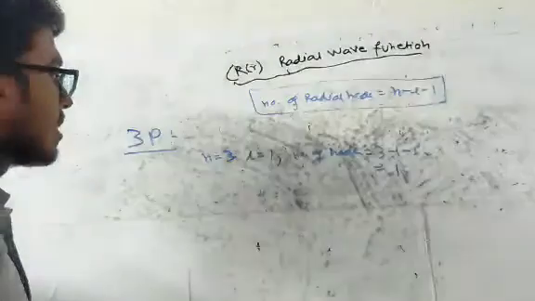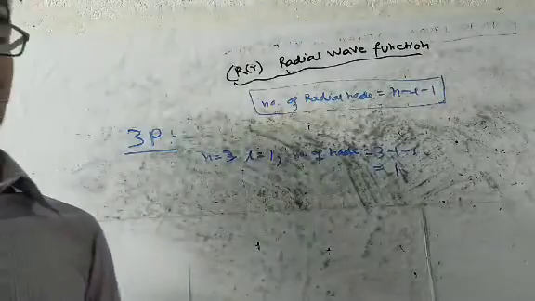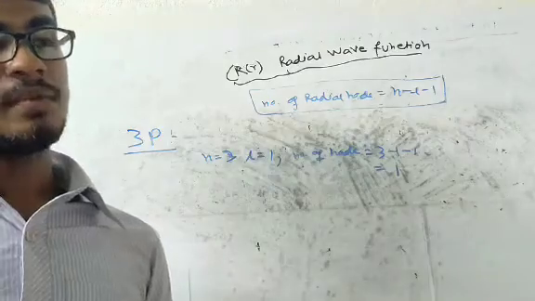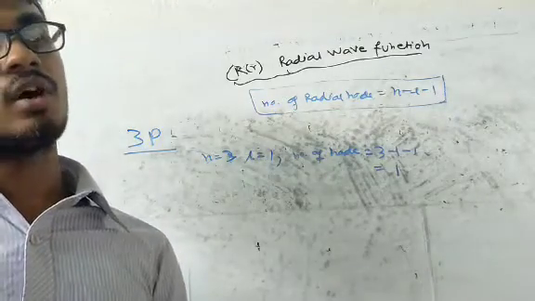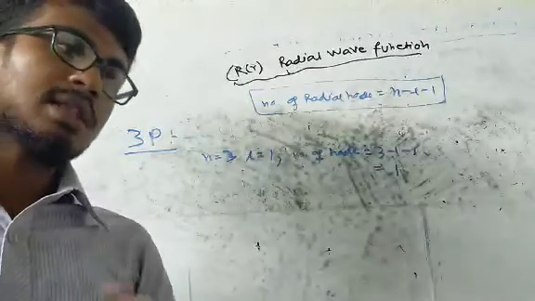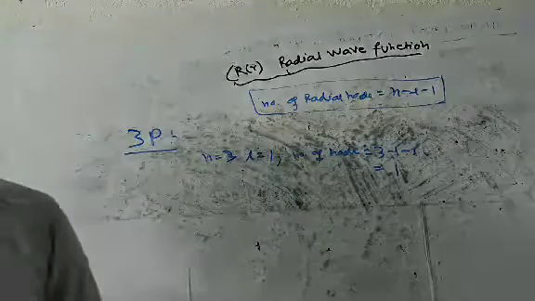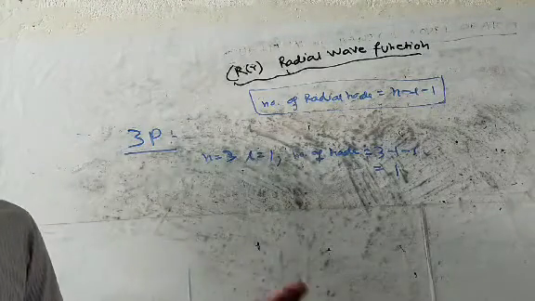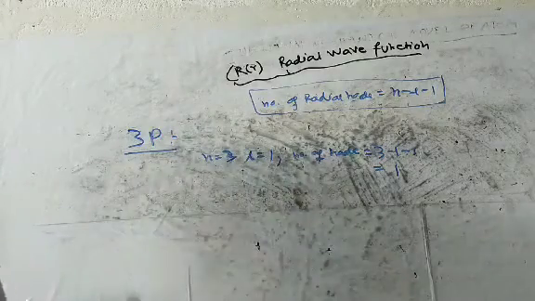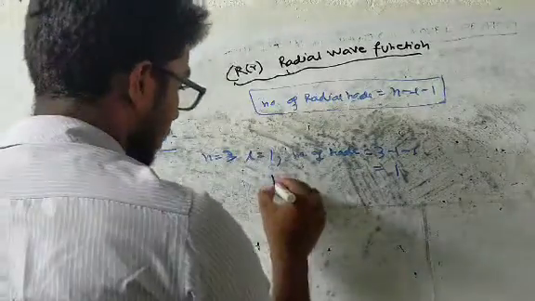One radial node. And in the previous p graph we saw that, except for the s orbital, for all other orbitals the graph will always start from the origin. But in the case of s orbitals, the graph will start from the y-axis, the radial wave function R of r axis. So let's draw the graph.